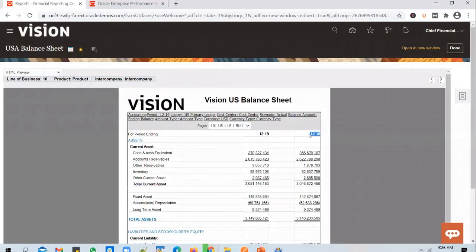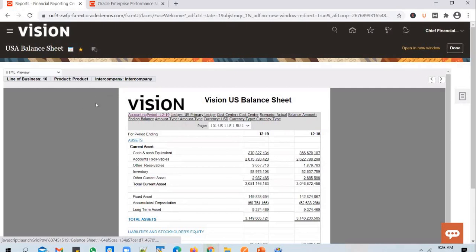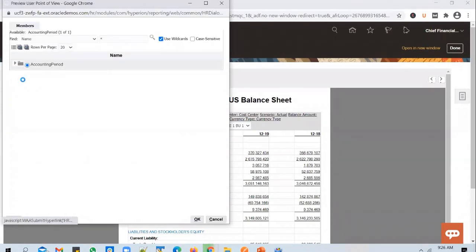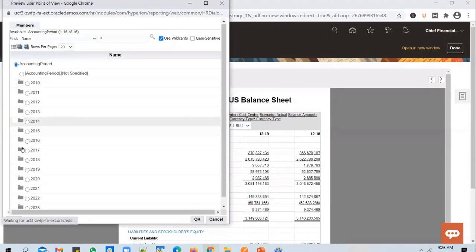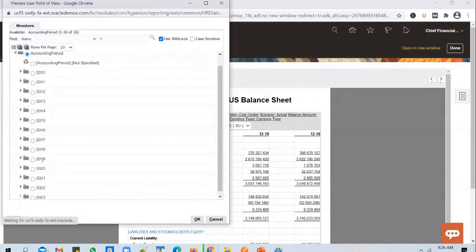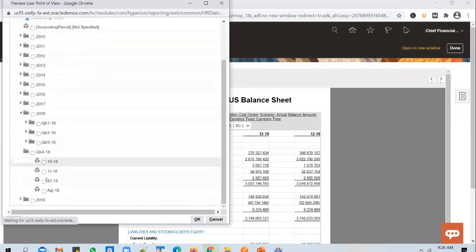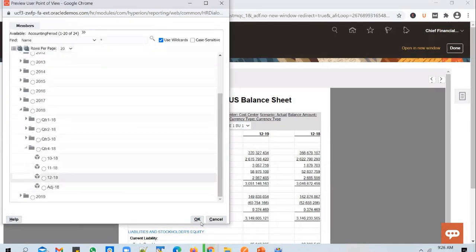To see that these two values are being pulled from this 12-19, let's do a small change. Let's click on accounting period, change the value, and run it one more time. Let's say, for example, let's run it for 12-18. What should happen?